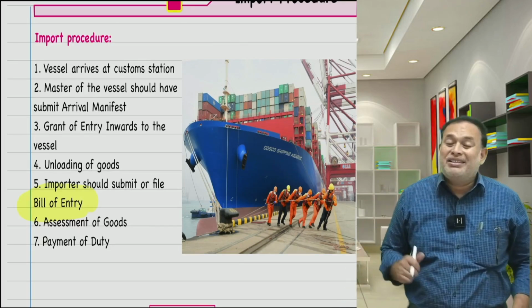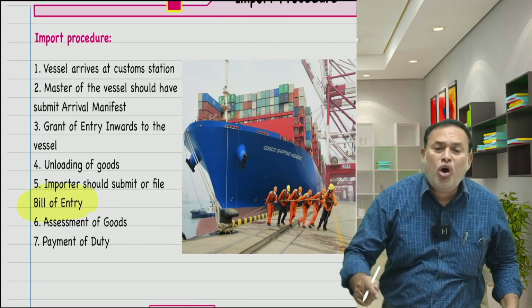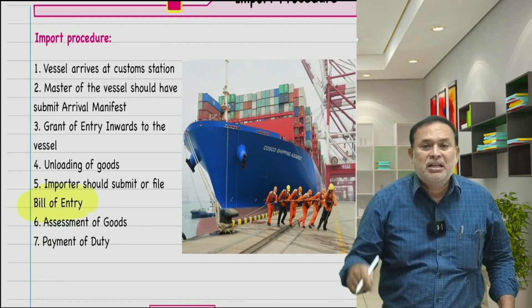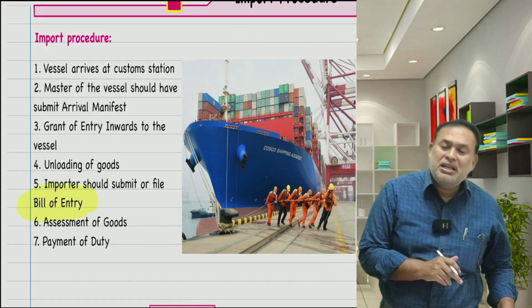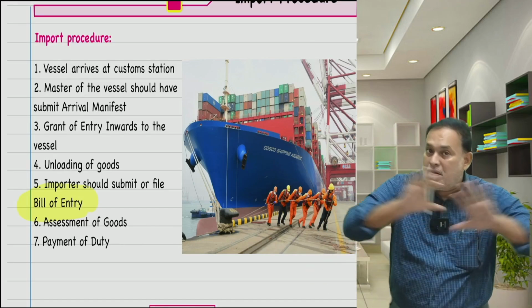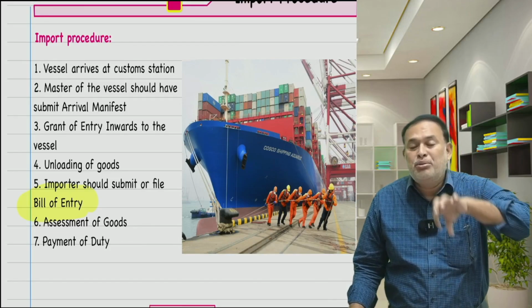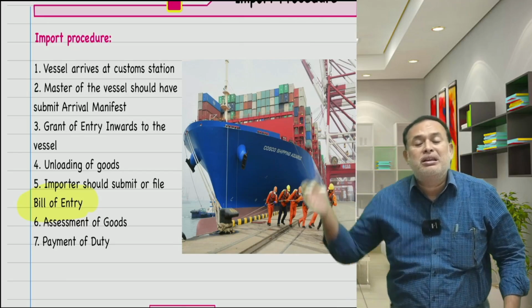Then what about assessment? Assessment should be completed at the time of import, at the time of execution of the mother bill of entry, namely the yellow color bill of entry. At that time you have to arrive at the CIF value in Indian rupees and foreign currency. That should be shown in the bill of entry. That is unaltered. What is going to be altered? The duty amount shown in the mother bill of entry may deviate at the time you clear the goods from the